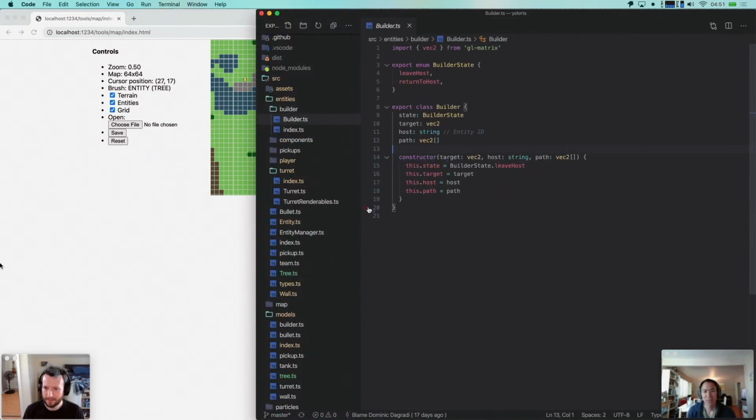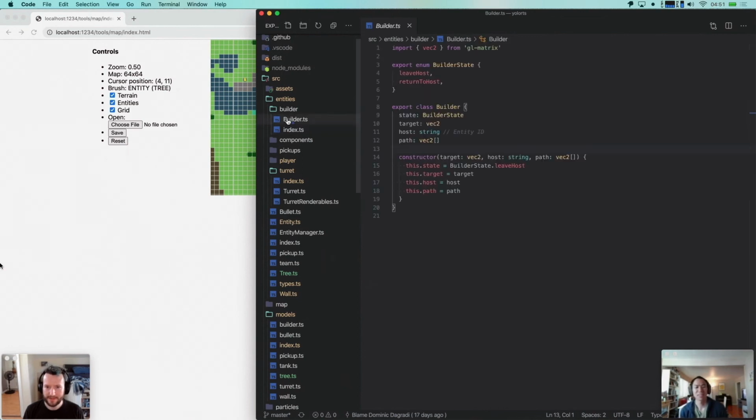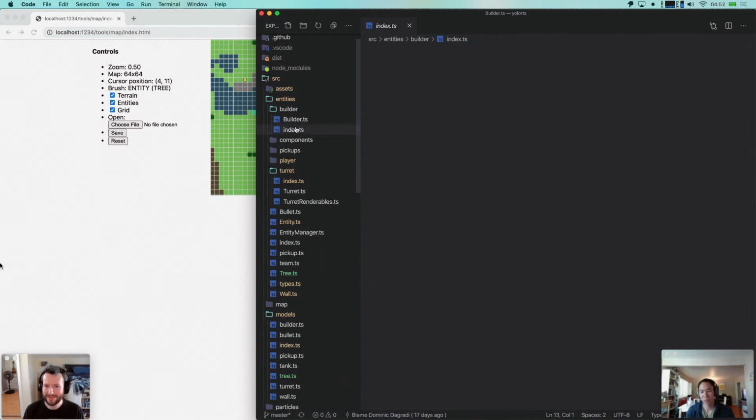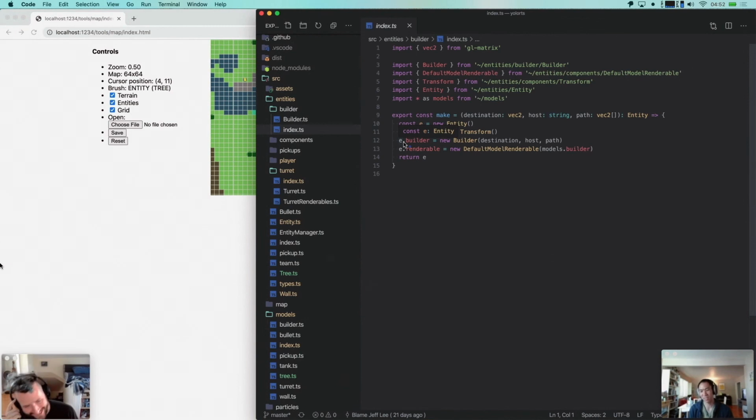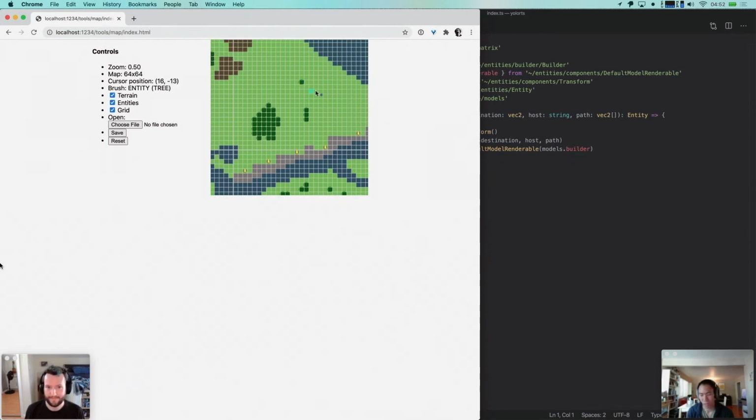How? Builder index.ts. Oh. Building is an entity. Yeah. Oh, what the hell is this? This is the builder component. It's the builder component. It stores its navigation data and that kind of thing. Oh, then hang on. I'm going to do that right now after I save this map. I kind of wonder if the component that is like the main state for a particular system should be defined with the system. Is that confusing? Oh, that's very clever. No, I think that's actually a great idea. We just move the class. Not every system will have that, but like